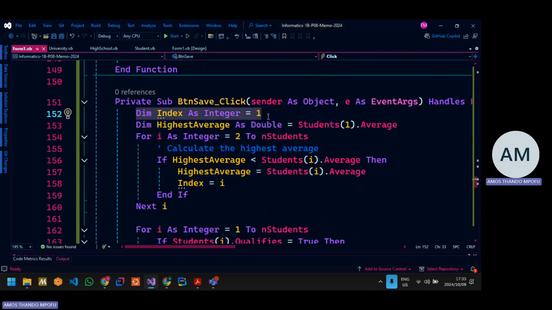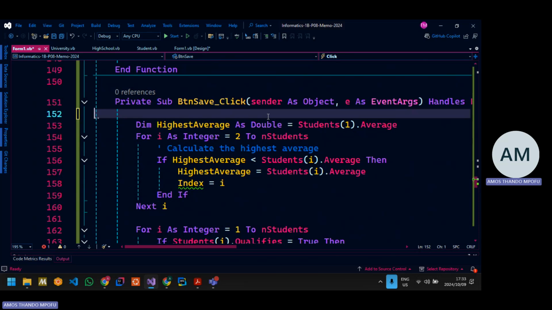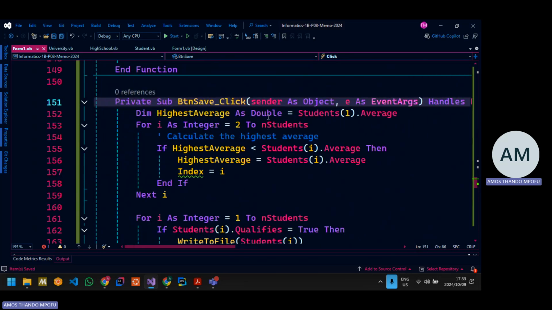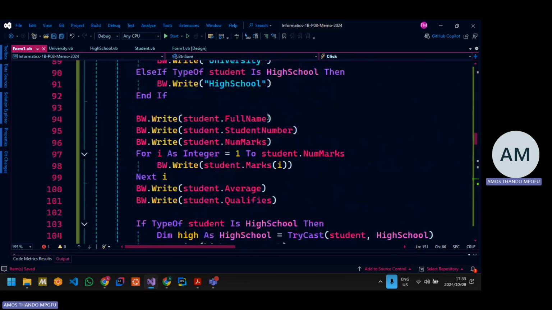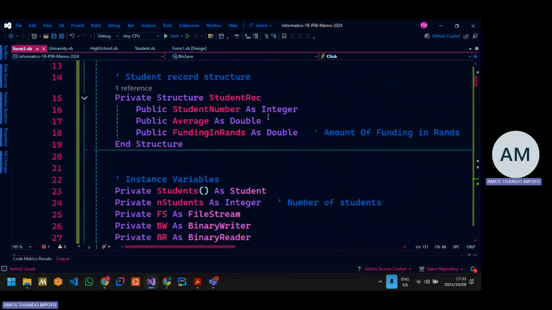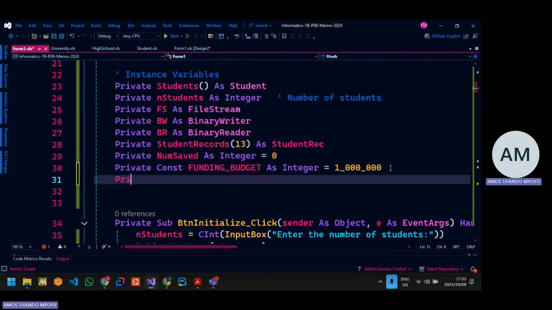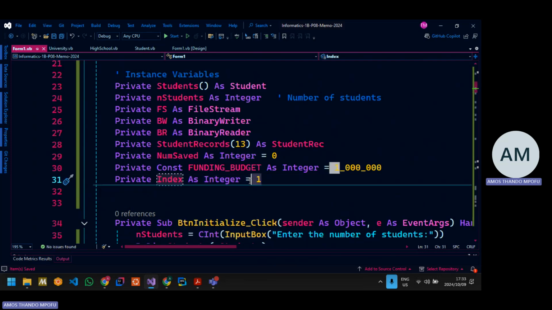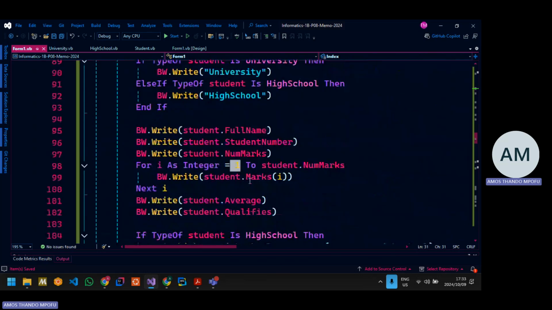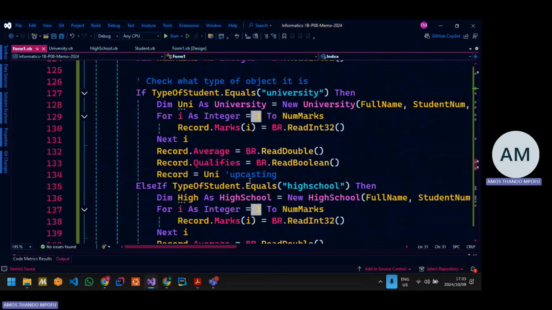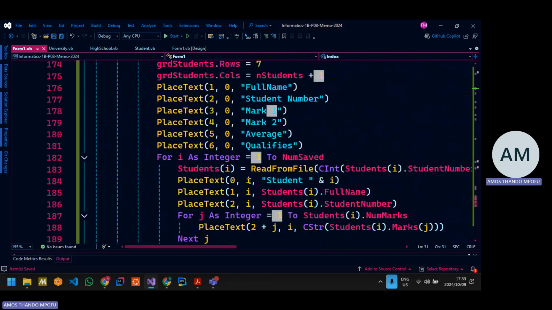So what I'm going to do, right, this highest average, since I'm going to need it somewhere down there, I need to declare the variable at the top so that it can be accessed by other functions. So dim index as integer, initialize it to 1 because initially we assume the first record is the one with the highest average. Then that index,